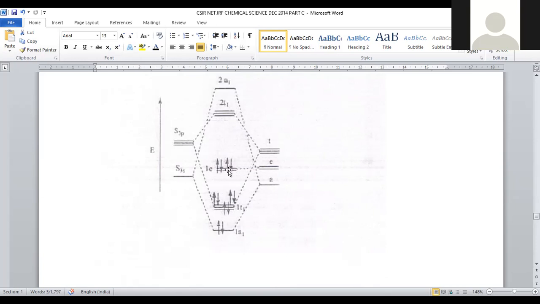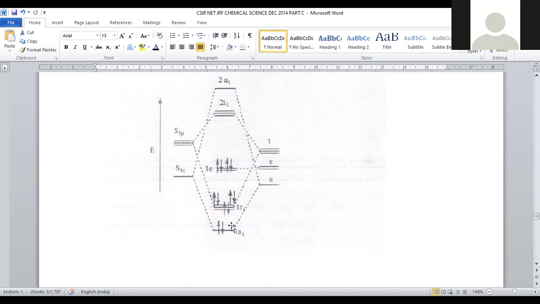So here 3 pairs of electrons will be accumulated, followed by the next level. Here you can accommodate 2 because this is a system with 2 degenerate orbitals. The 2 vertical lines indicate that 2 orbitals are present here. So a total of 4 electrons get accumulated in this orbital. 2 plus 2, 4, 6, 8, 10, 12. A total of 12 electrons are arranged in this manner. To fill the molecular orbital diagram, we must follow Hund's rule, Pauli's exclusion principle, and also the Aufbau principle.